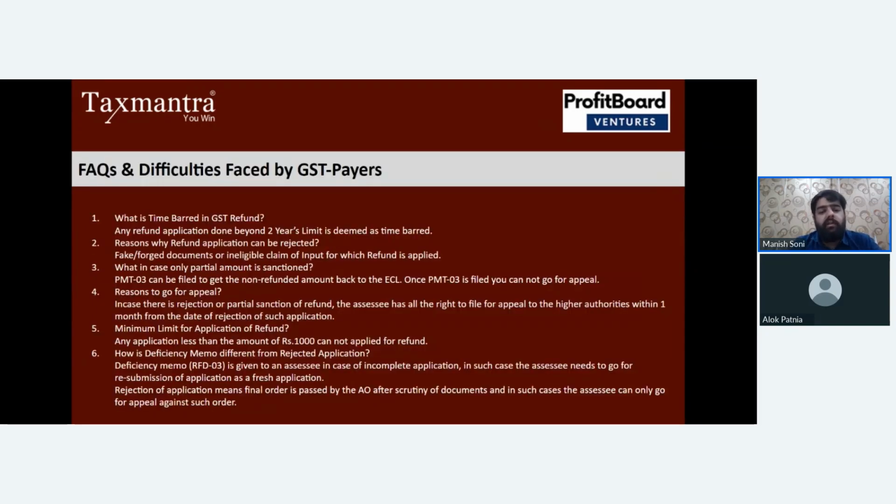Then I would discuss a few issues and difficulties that the taxpayers face. There are some queries that come in very frequently. What is time barred? Time barred, as I already mentioned multiple times, is a time limit of 2 years from the specified period. For every different scenario, 2 years is the maximum limit within which you have to apply for the refund, or you won't be eligible for the refund. And if you apply for a refund beyond this 2 years, then it is called time